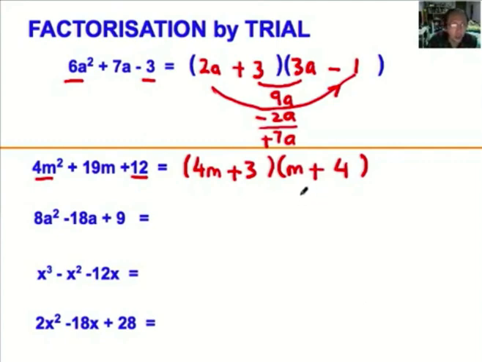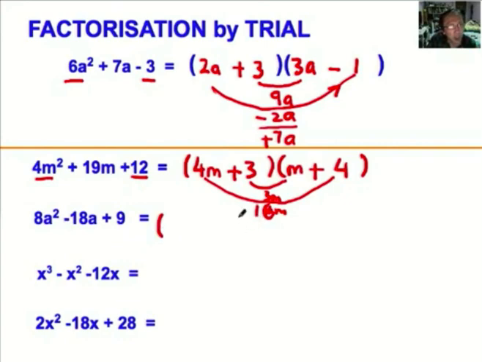To ensure that we have done our factorization correctly, we need to check the middle term, which is 3m and 4m, giving us a total of, this is 16m, giving us a total of 19m. In the next example,